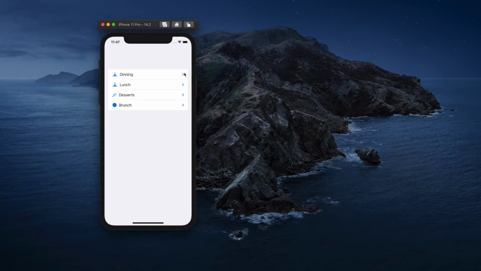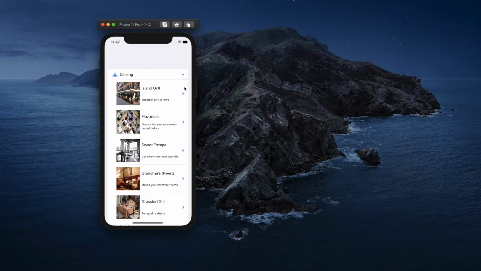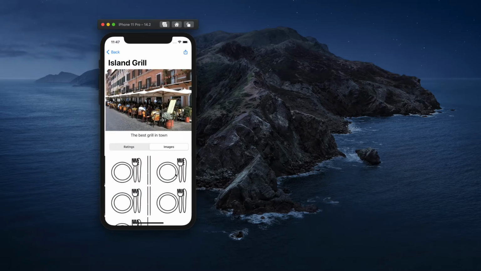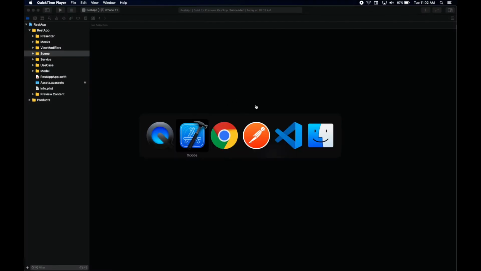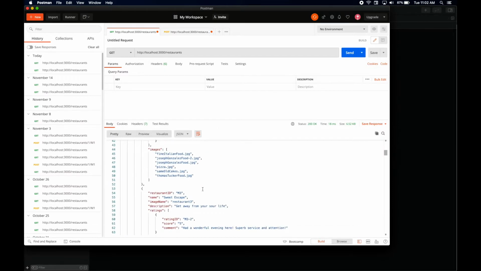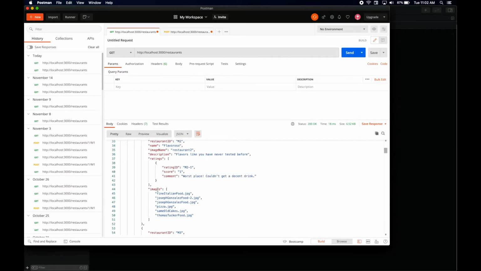Today we're going to be adding images to the detail of each restaurant. The images, we're going to be fetching them from our server, downloading them, and storing them on the local cache. For this exercise, there has been a change in the model. If we make a call right now, you will see that now each restaurant has an array of images, just